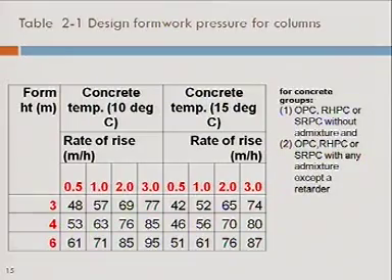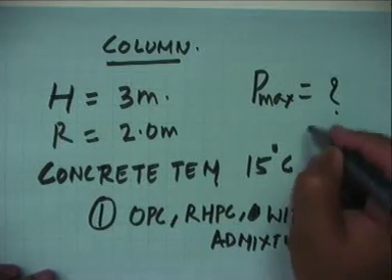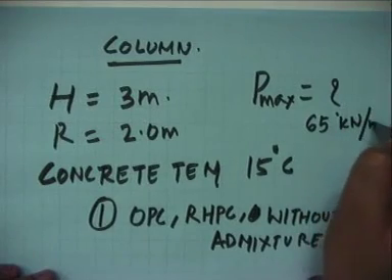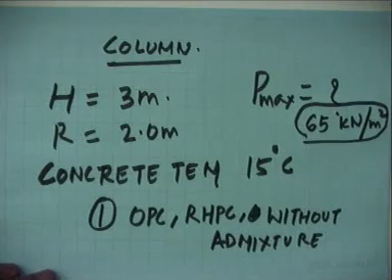Rate of rise 3 meter, concrete temperature 15, and rate of rise is 2 meter and form height is 3. So, any idea how much this is? Can you just read it out? 65 kilonewton per meter square. So, this is what we have got from the